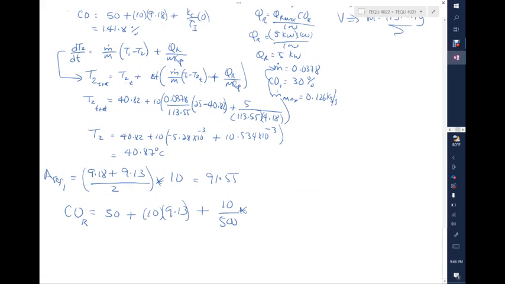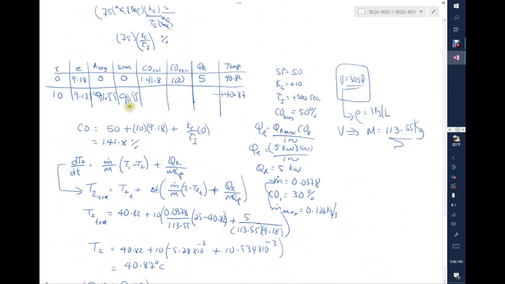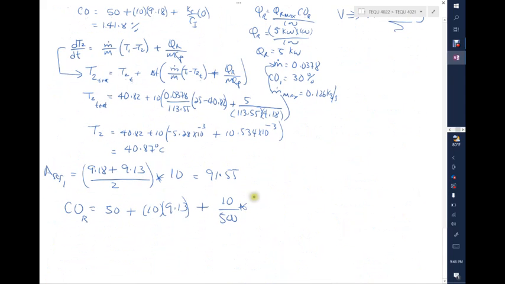The sum at that point, I'll go back to the table. I know what it is, but just to show you, always keep looking at the table. It's going to be 91.55. So we put it here, 91.55, and the final result for this will be